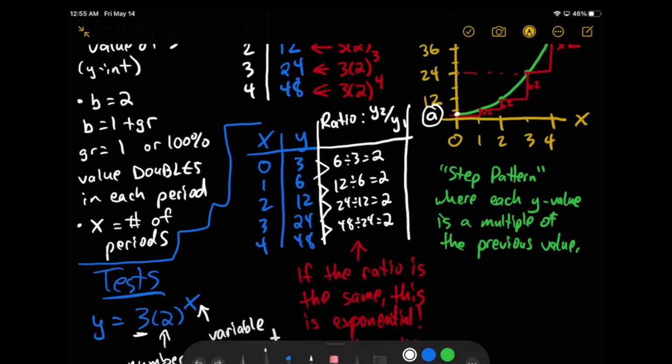All right, so that's our recap and a little bit of new information about exponential growth. I'm actually going to stop the video here and then make a separate video where we dive into the idea of exponential